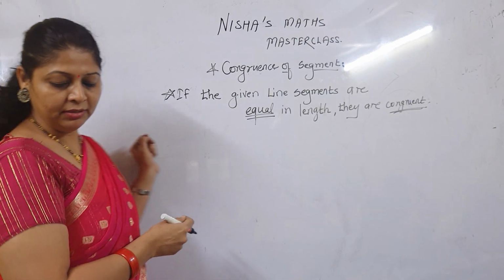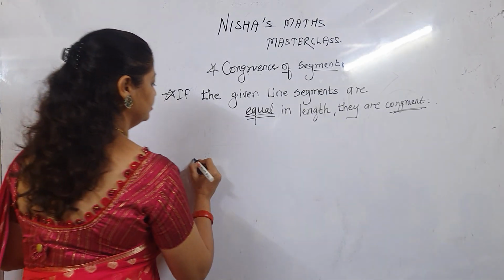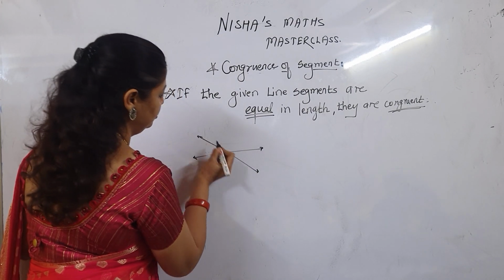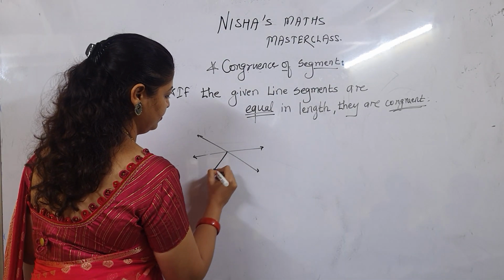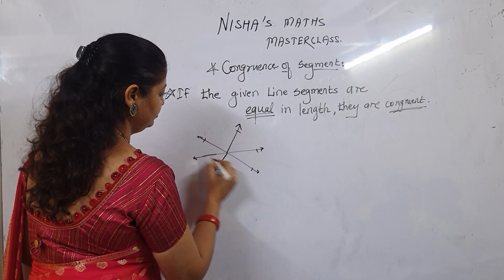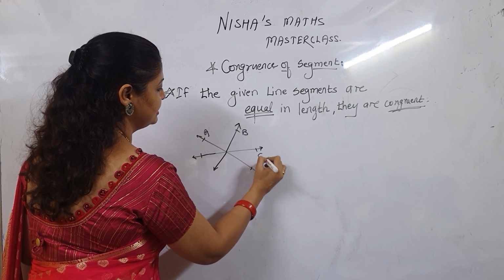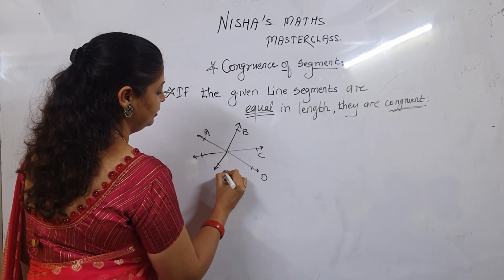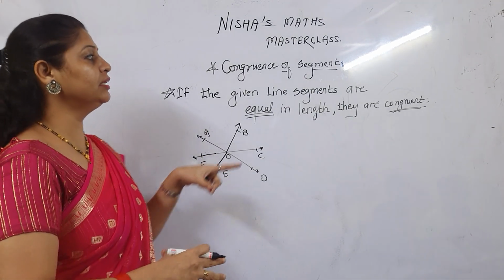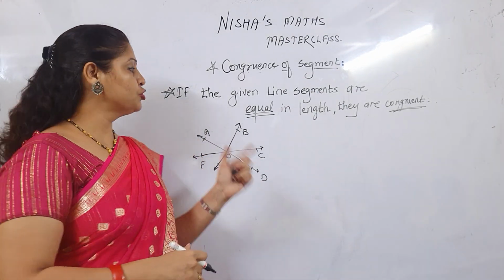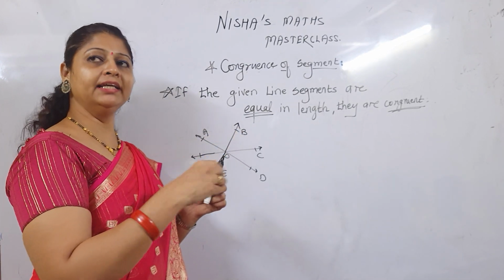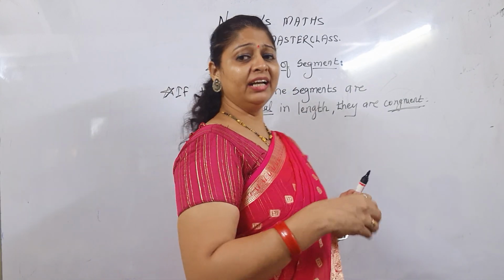They showed one diagram. Question number 1, one diagram they gave. I am taking it in a very short way. A, B, C, D, E, F, and this is O. Okay children? So when we have to write down the pair of congruent line segments, at that time you have to take the help of a divider. You all know the divider, correct? In our geometry box we use a divider or any scale.